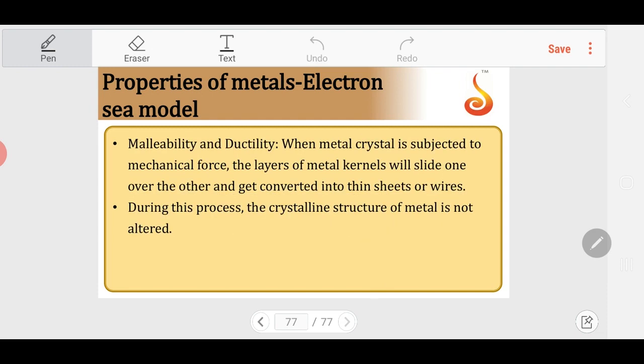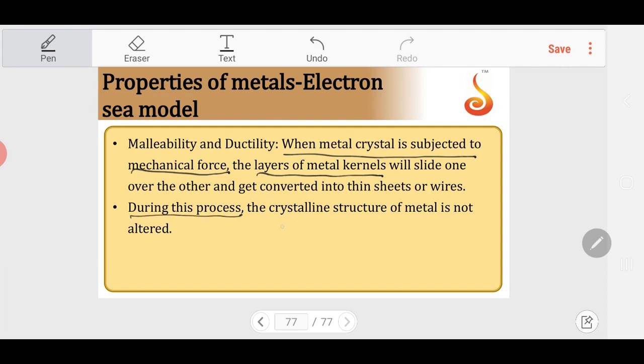In malleability and ductility, metals can be converted into thin sheets and thin wires. When the metal is subjected to mechanical force, the layers of metal kernels will slide one over the other. The thickness of the metal can be decreased. It can be converted into thin sheets and thin wires. But remember,